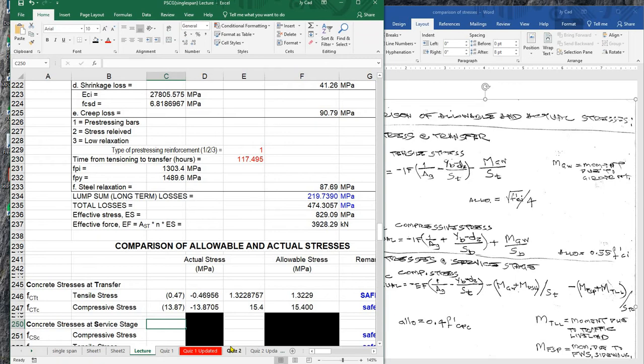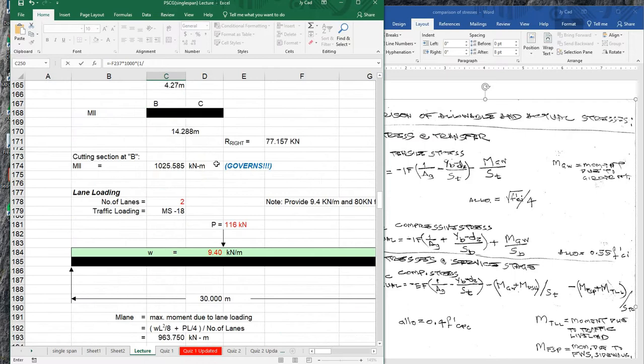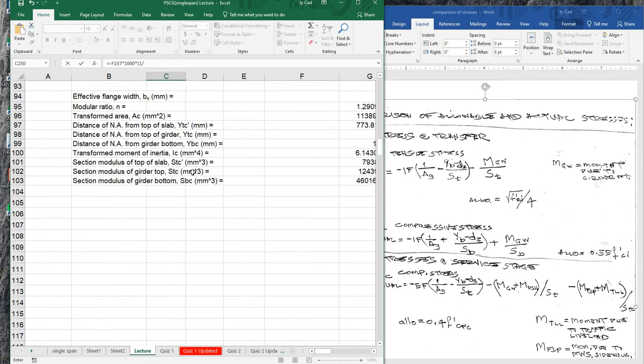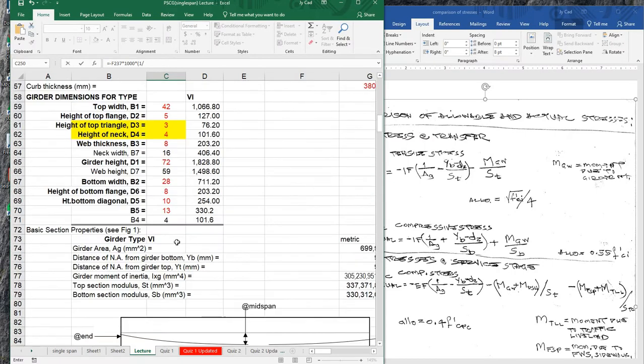Okay, so equal sign, let's trace negative EF, this one, negative effective force, then multiply that by 1,000 times the quantity 1 all over area gross. There. Okay, then where is area gross? It is in the basic section properties,